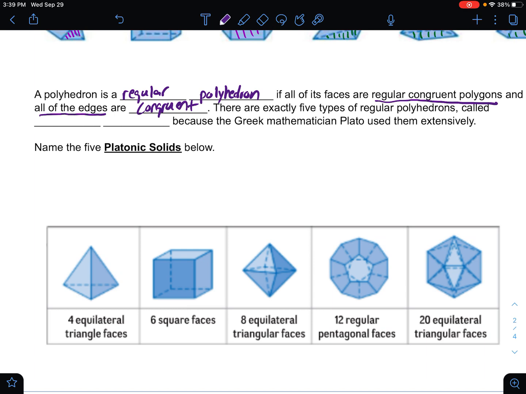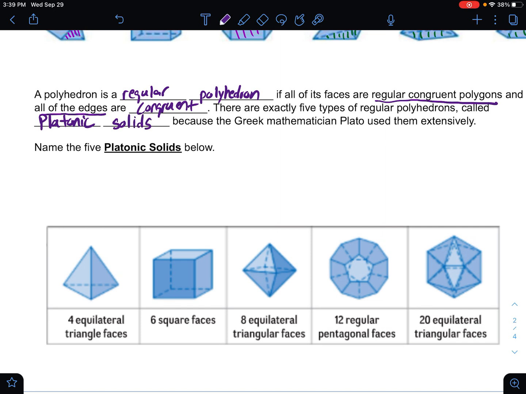Well, in a three-dimensional sense, all of the sides, which are the faces, have to be those regular congruent polygons, and then all of the edges that connect them are also congruent, which would have to be true if the polygons themselves were regular. So there are exactly 5 types of these regular polyhedrons, and they are called the Platonic